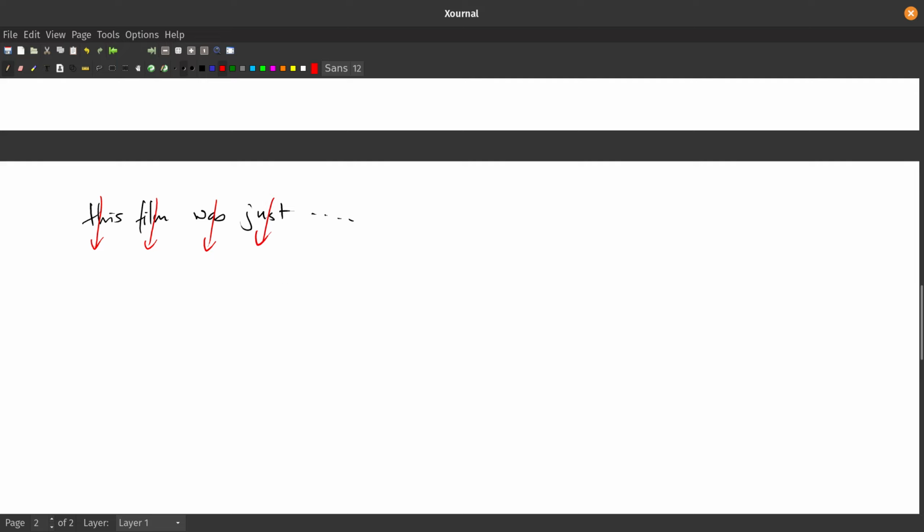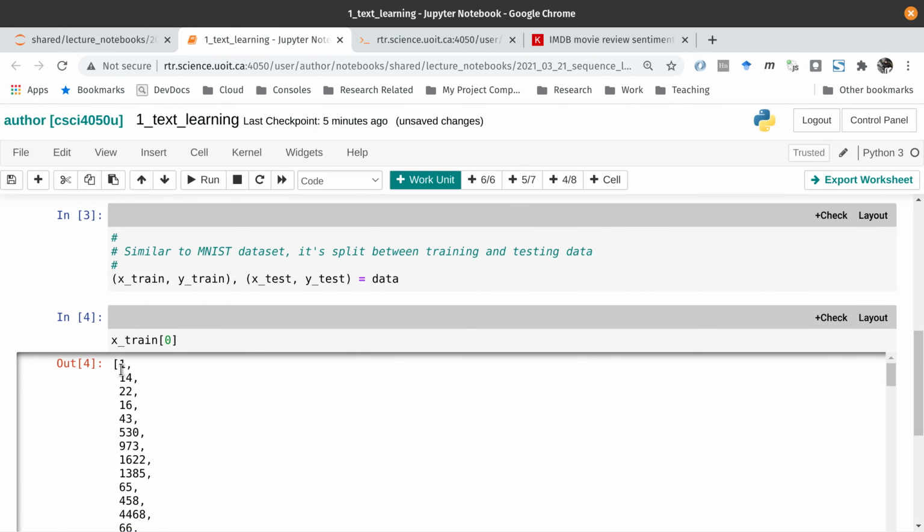And that unique label is translated to, the first one, you will see that that's actually just a special token,